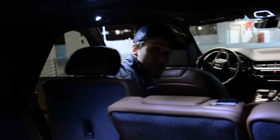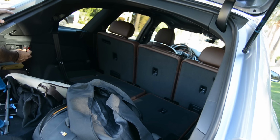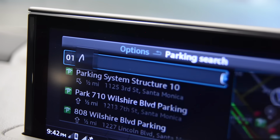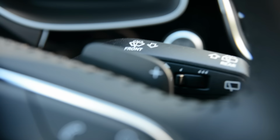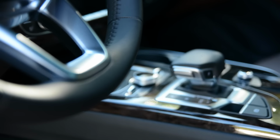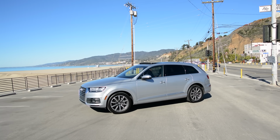And speaking of space, the second row is adjustable, as is the third, which is to say they can be laid flat or raised back into place with the push of a button. Cargo space is 71.6 cubic feet behind the first row or 14.8 behind the third row. Other features include a handwriting MMI system complemented by the usual knob, and yes, it's still backwards. 2 USB ports for connectivity and power, Bluetooth, paddle shifters, though you likely won't use them, a panoramic roof, a garage door opener, though it wouldn't work with my system, 2 beverage holders, 12-way power front seats with heating and cooling, electric fold and return in the third row, cameras front, back, and on the sides provide a top view,